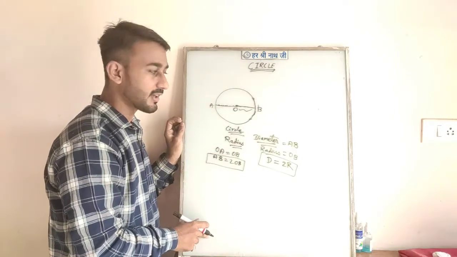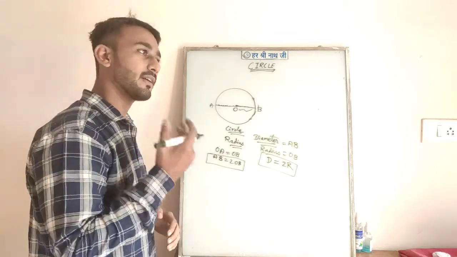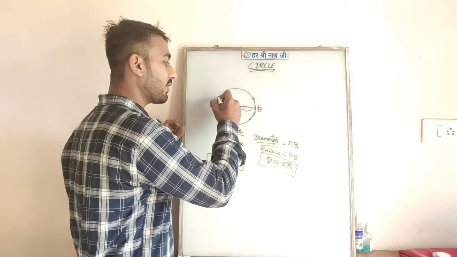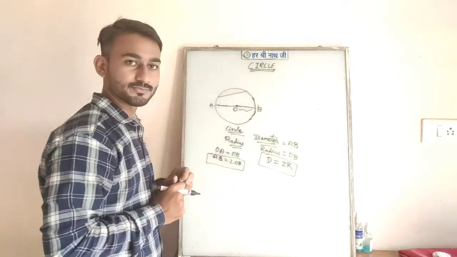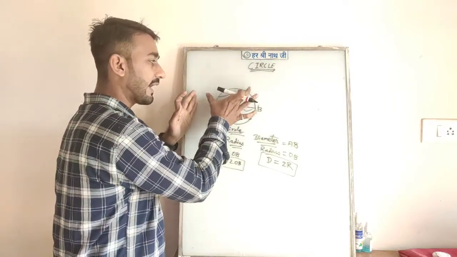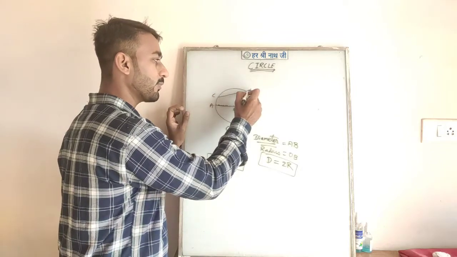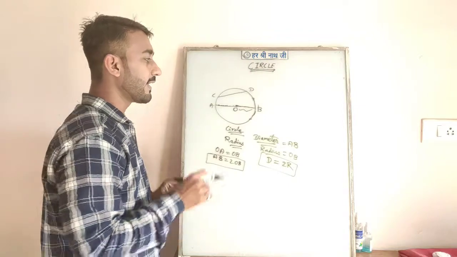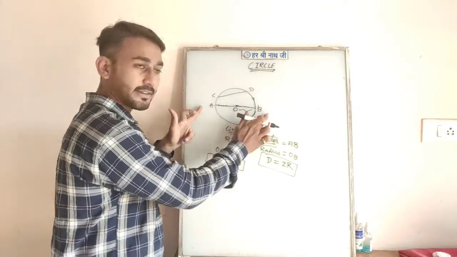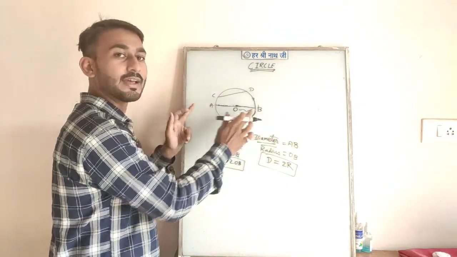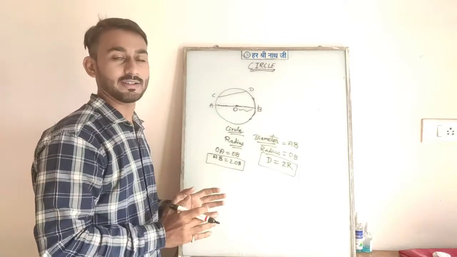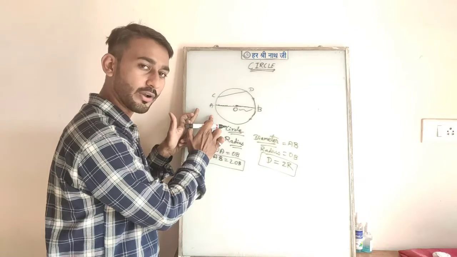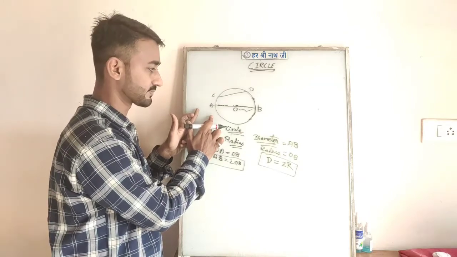Okay? Let me explain it in other words. Suppose I just simply draw a line segment inside the circle. So this line segment, name it as suppose CD. This is called the chord of the circle. Okay, and the diameter of the circle is the longest chord in a circle. Okay, the diameter is the longest chord of the circle.